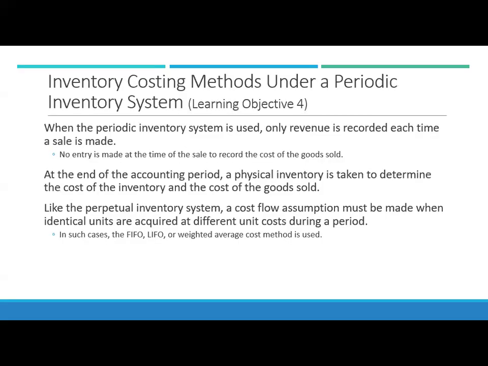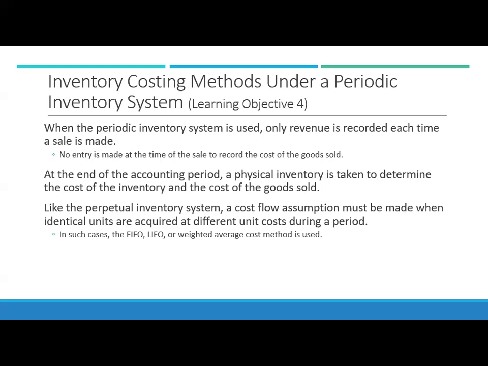But we'll go over the impact to the income statement in a moment. The opposite is true if it's a deflationary period. If costs are going down, LIFO is going to have the lowest cost of goods sold. FIFO would have the highest cost of goods sold because it's all about which units were the most expensive that got applied. And this will really illustrate that under the periodic inventory system,